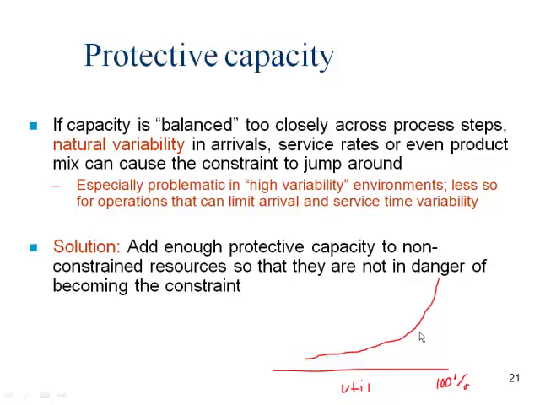So the idea being is rather than trying to run at this level of utilization and risk having performance go from here to here if something goes wrong, because that represents only a slight increase in utilization, why don't we try to keep our utilization level down at a lower target? That way, if we have some swing due to variability, we don't see as much impact on the underlying measure